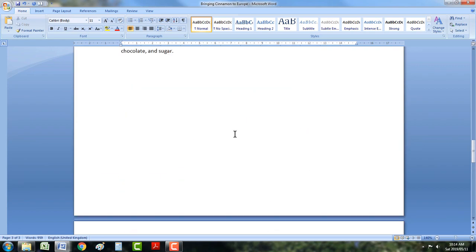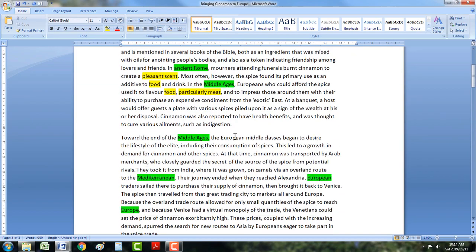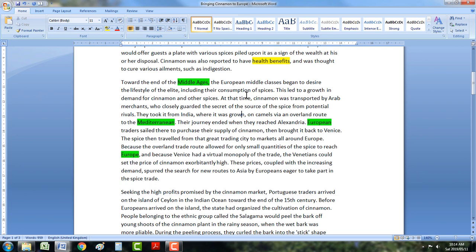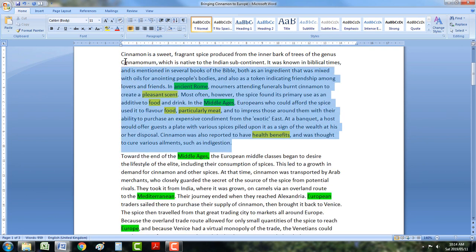Health problems, merchants, traders. You can do it now, but I would do it a little bit later. There's health benefits. And was thought to cure various ailments. I don't know if you know what ailments is. Ailments is health problems, but you know that they're talking about health in this sentence. Traders and merchants. So now I would try and finish this paragraph, do those, and then you're going to come